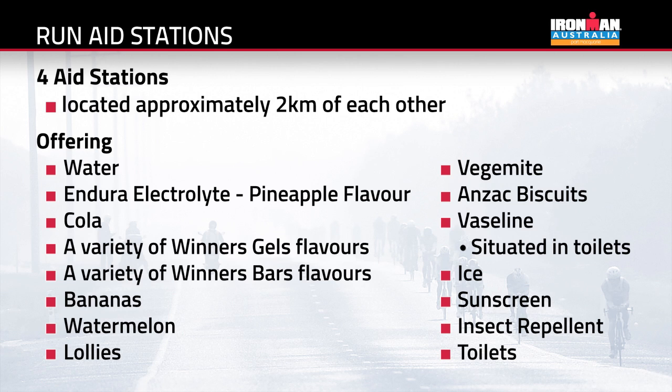There are 4 aid stations on the run course. They're located within 2 kilometres of each other. A list of what is on offer at each aid station is listed here, as well as within the Athlete Information Guide. Special needs bags will be available at the corner of Stewart and William Street, outbound at 2.5 kilometre